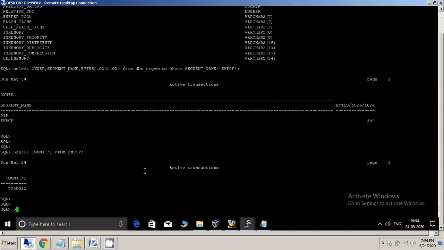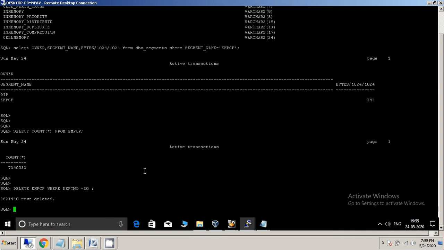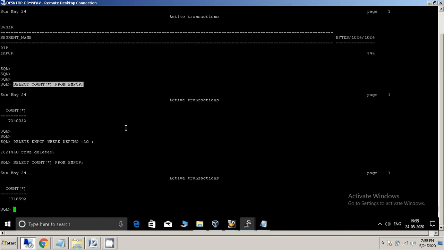Now delete from EMPCP where DEPTNO is equal to 20. Perfect. So we just removed some rows from this table. Now we will commit.